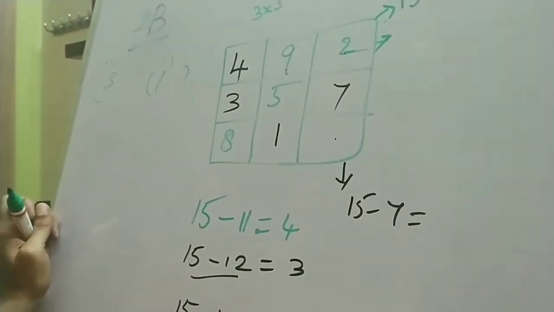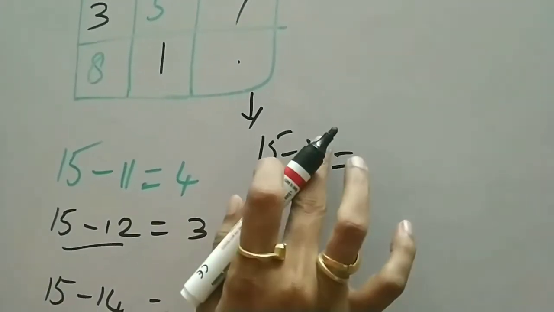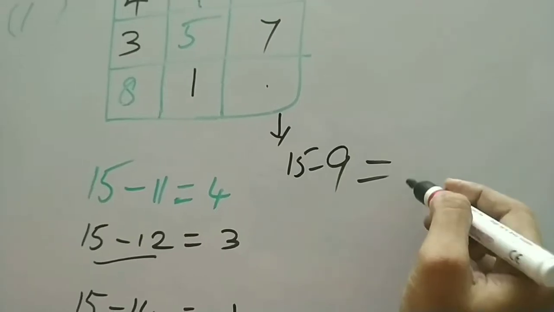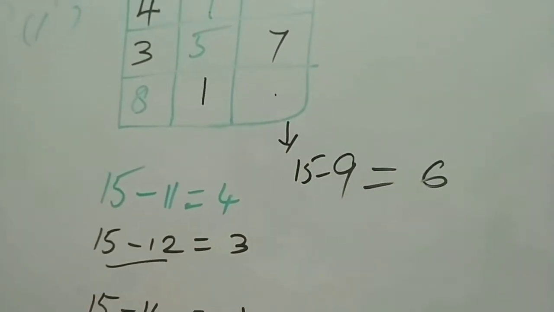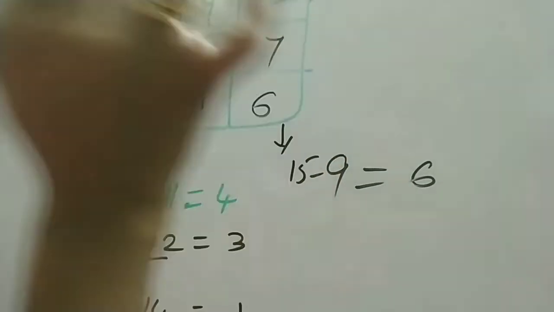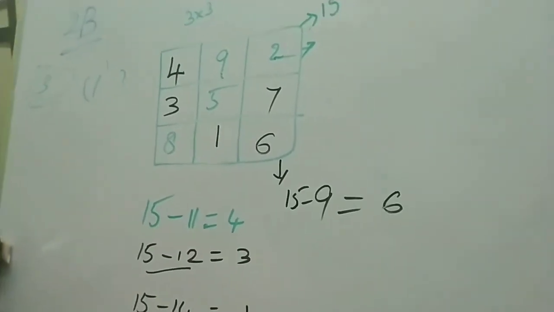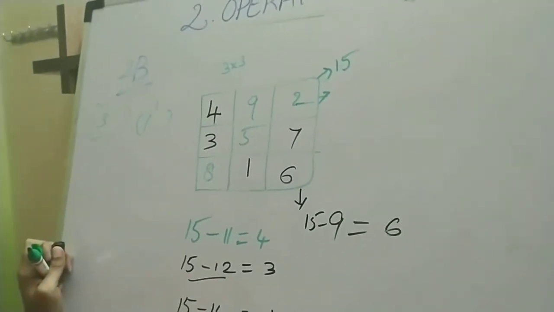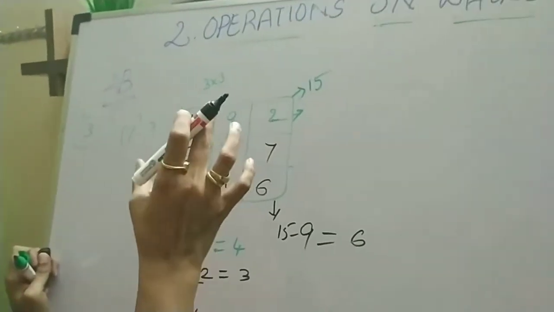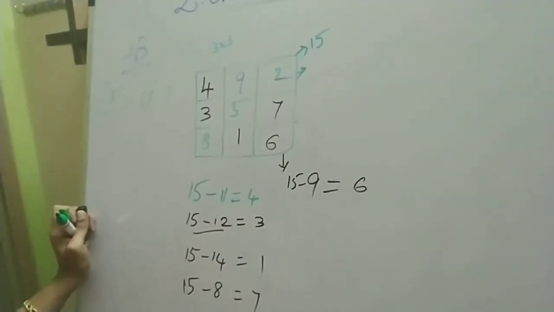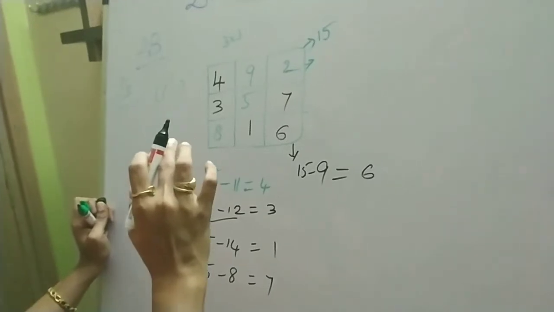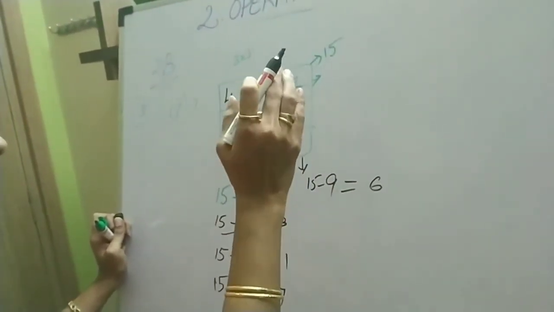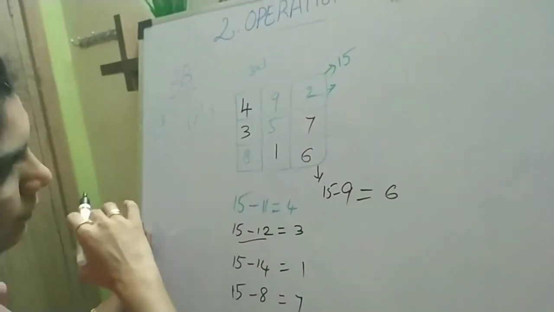So here, yes, 7 plus 2, right, 9. You are getting 6. See, like that you have to fill the remaining numbers by observing the pattern whatever they have given. That we have to find out, an easy way, first: whether it is in addition format or subtraction, maybe sometimes you can get it in multiplication format.